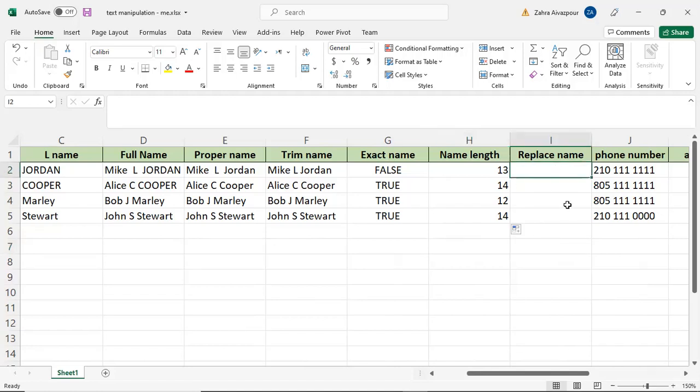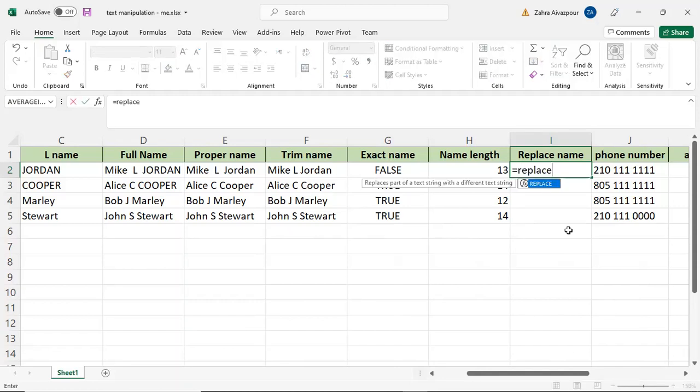When I say that you can use this LEN function with other functions here, I just want to show you first the REPLACE function, and I want to show you how we can combine it with TEXTJOIN and LEN to manipulate these names that I have here. The REPLACE function, as its name implies, replaces a character